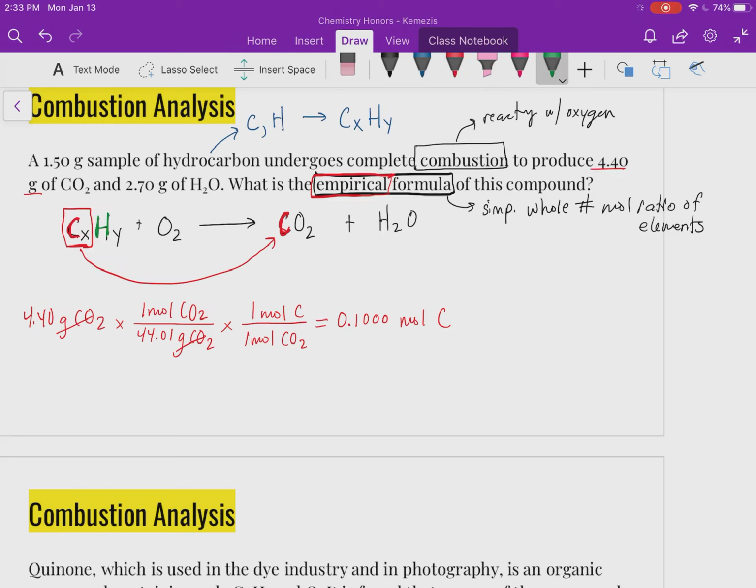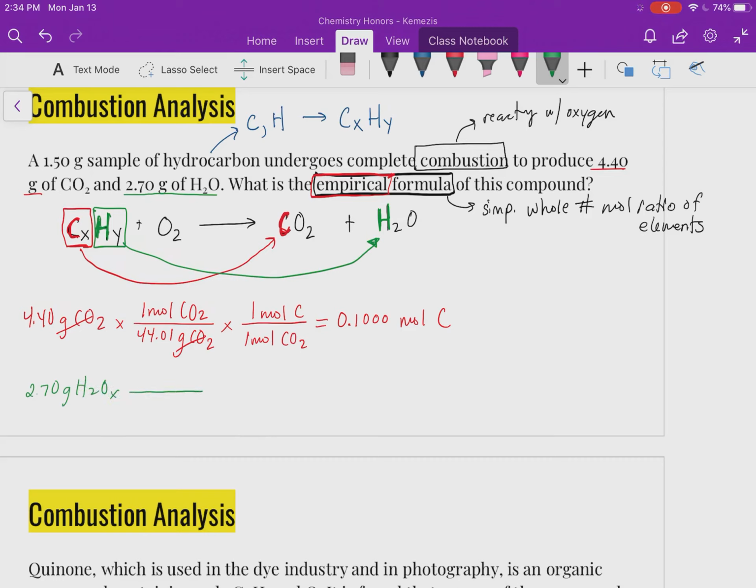So again, we can look and see that the hydrogen is in only one place on the reactant side, and it's all in the hydrocarbon, and it is only in one place on the product side in the form of water. So all of this hydrogen must have gone into the water. And using the same idea, right, where they give us the amount of water, 2.70 grams